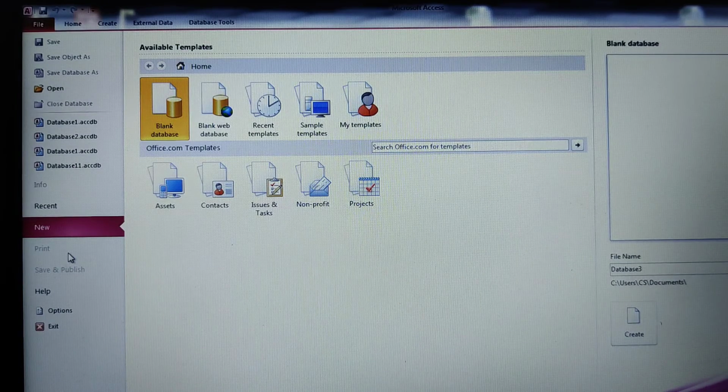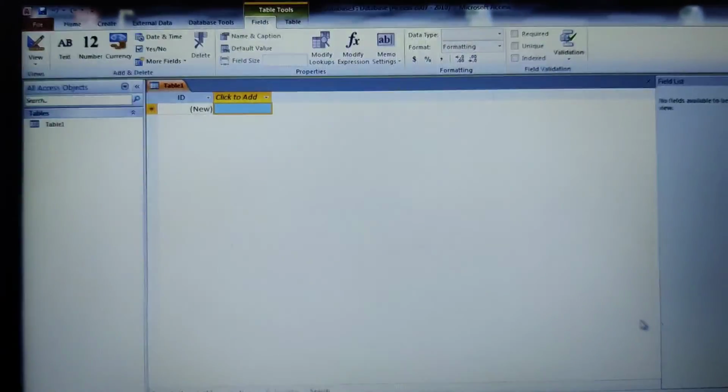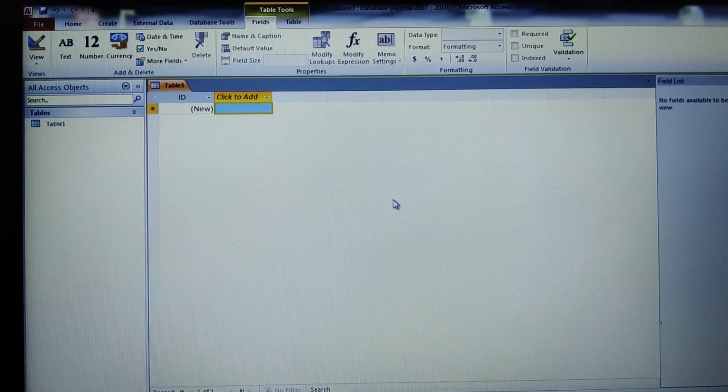Here we need to create one blank database. The blank database is chosen by default, and then click on Create. When we do this, a new blank database will be created for us. In this one we need to create a table. We need to add the fields here, children.